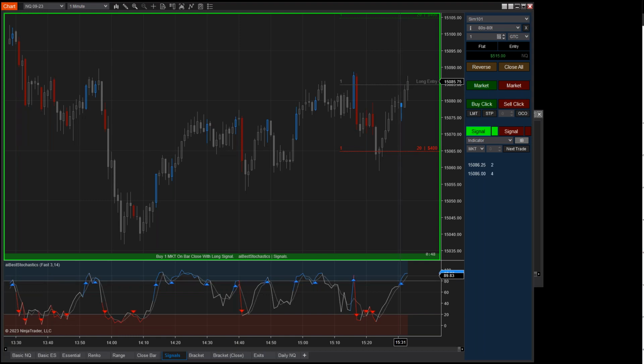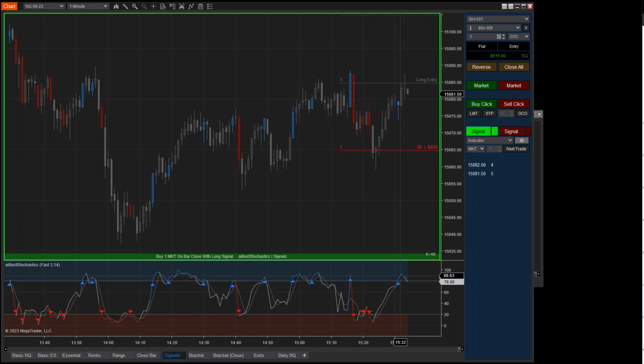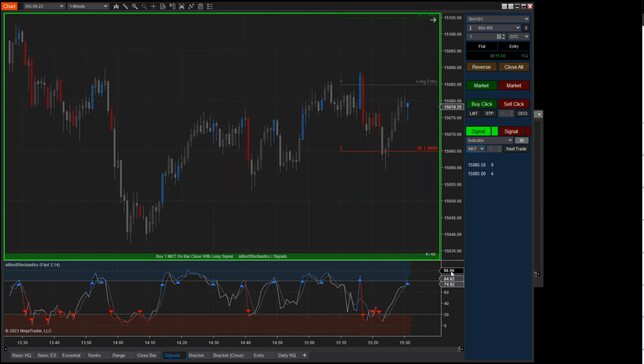And this can integrate with any custom indicator I could write for you guys, or most indicators from other third-party providers that have an output of signals or an arrow plotted on the chart. This can integrate with anything. And what it's going to allow you to do is get filled when the bar closes with the signal. And same thing, you can choose your order type. You can enter at the close. Say you want to enter above the high of the bar, like on this blue bar. You may want to configure any of these signals to enter a stop order at the high. Totally possible, right? Bar closes, buy stop order goes in, you're filled, off to the races.